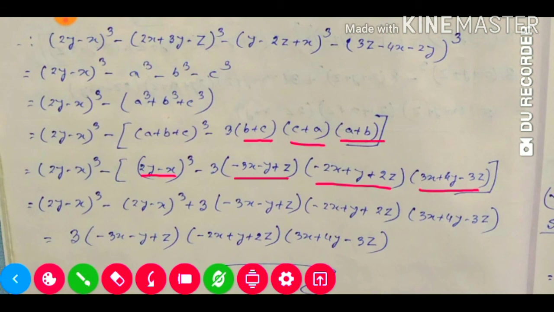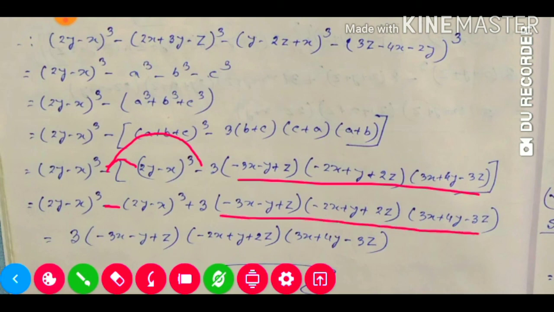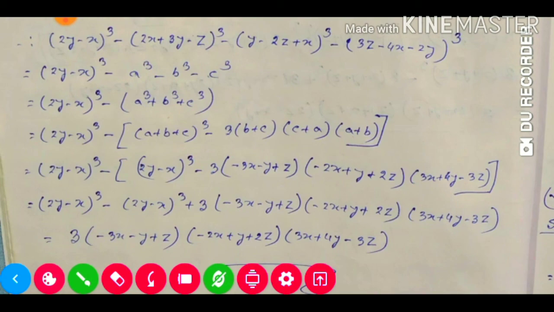Now this one we'll take out from the bracket. See, minus plus will be minus only, and the same will remain, and minus minus will be plus, and whatever is given we write the same. Now this portion and this portion are the same and will be cancelled, so whatever is remaining, we write the same here. So this exercise is finished here. Next we'll start exercise 4.d.